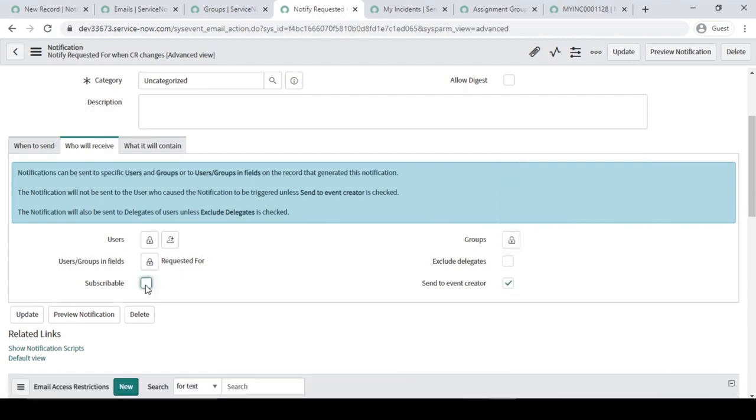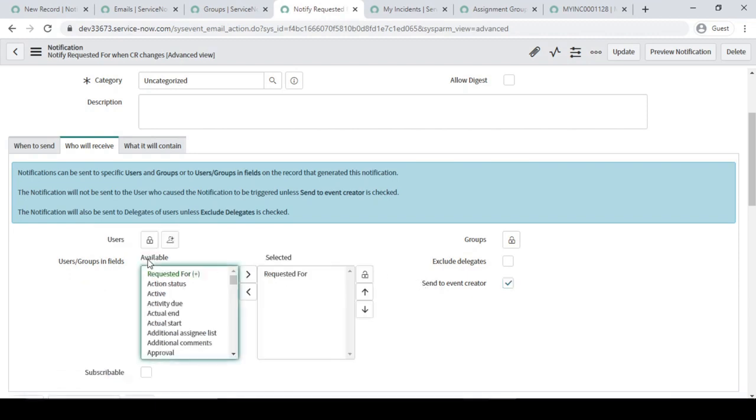Fine. Now send to event creator. By default, I think from Jakarta onwards, ServiceNow provides a default checkbox, like it will send an email to the event creator as well, right? But one more thing over here, there is a check. So if the event creator is a part of this group, or if you are sending an email to your group,